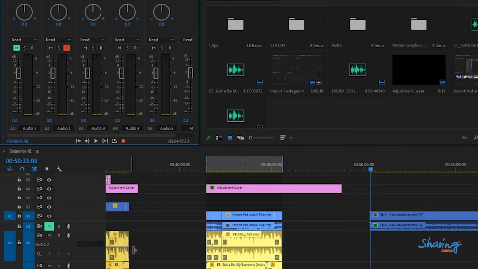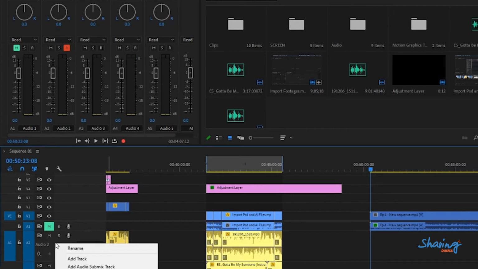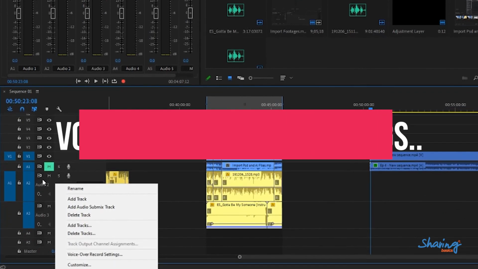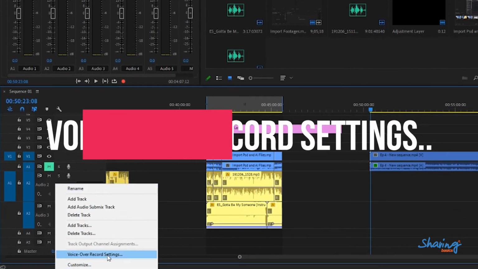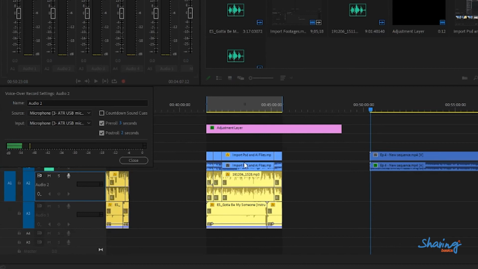Alright, and then after you done enable that track to be recorded, you go here and you look for, still right click on the track A2 yang you nak record tu, and then you go to voice over record settings. This is where you can control more of your recording function. So if you see, kita akan ada this what we call a new window, voice over record settings audio 2, which is the name of your audio track. You can change your audio track name. Actually, contoh I nak tukar nama